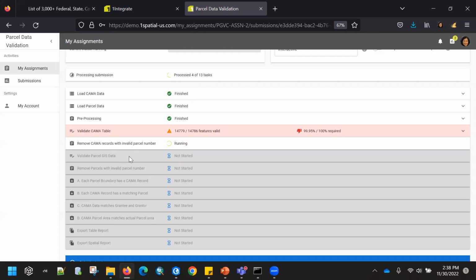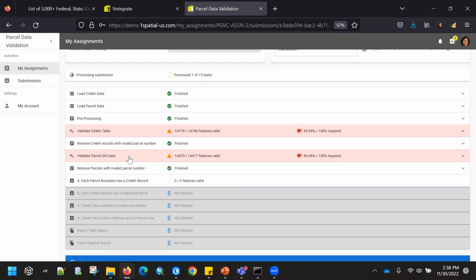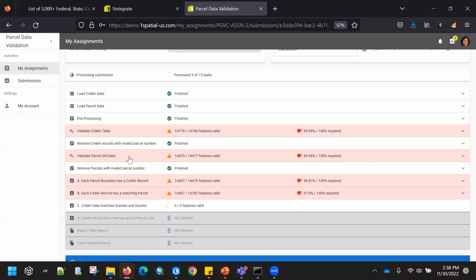If that parcel number value is null or it has an invalid format, for example, if the expectation is that it's an integer that is 8 digits long, and for some reason it has alphanumeric data in it, we want to put those aside and then run these cross-feature checks between the ones where we do have matching parcel numbers.